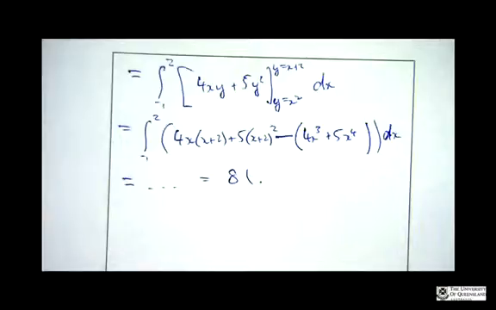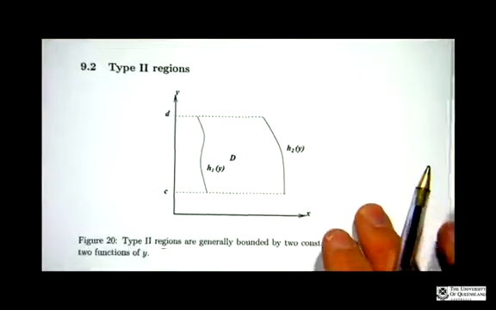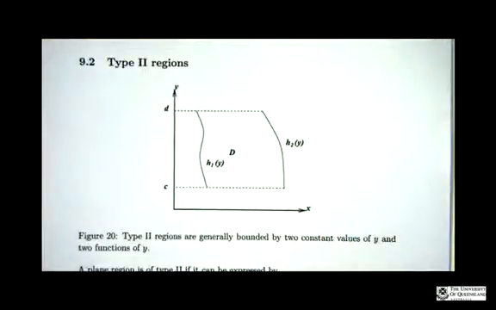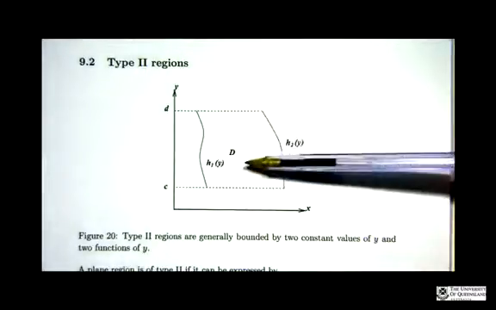Now, what about the type 2 region? So these are the other types of regions which form the building blocks for more general regions. It's just pretty much the same as the type 1 regions, except it's all rotated 90 degrees. All right, so in this case, the type 2 regions are just the regions that can be expressed in this